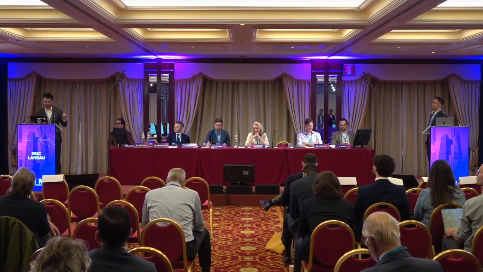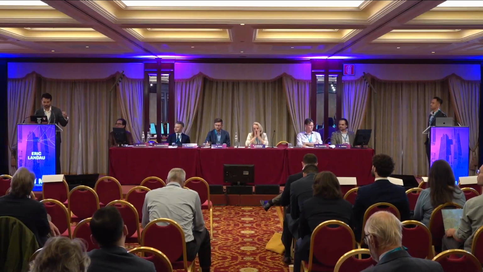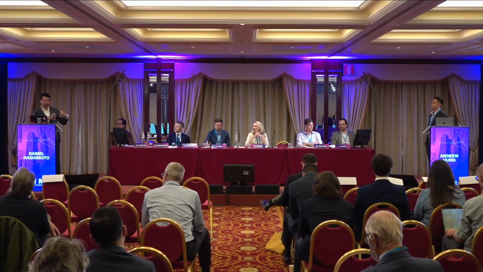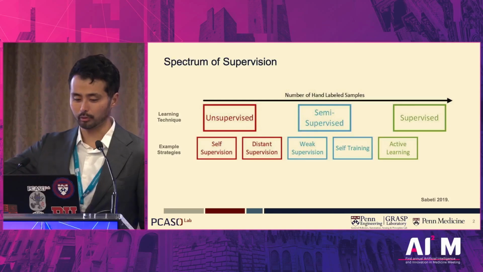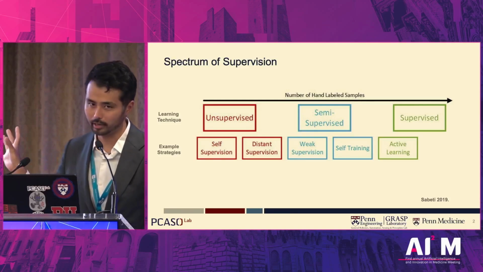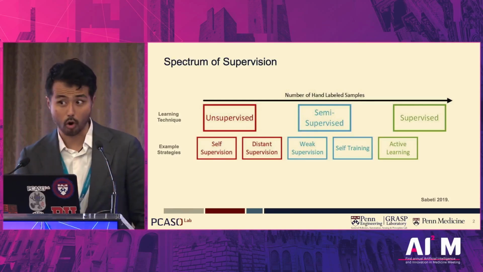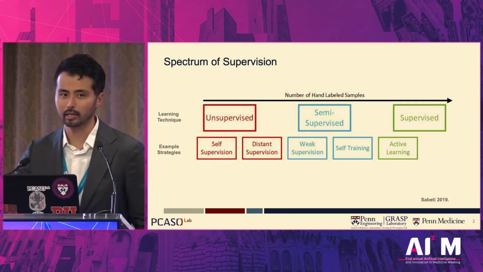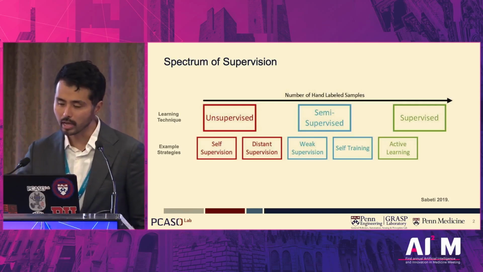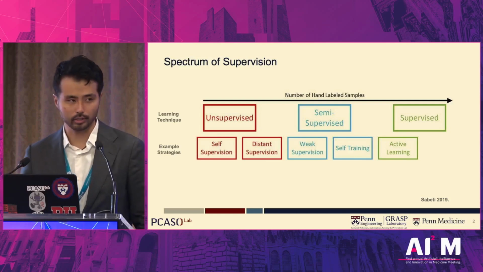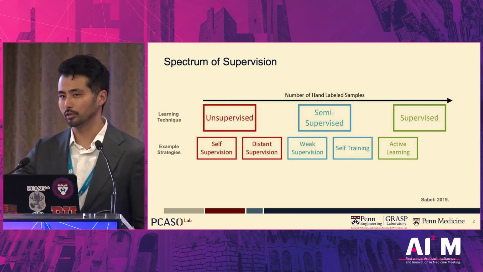This is a lot of fun, I think, to have a conversation around this topic. I'm going to cheat a little bit, and expand my range a little outside of unsupervised to take what I call unsupervised learning and friends. So if we think about the spectrum of how we train machine learning models, particularly with clinical data, you have a range of learning techniques going from truly unsupervised all the way to fully supervised, which we've seen some of the talks already go over, and how they achieve what they want to do. And within those learning strategies, you have certain example strategies, right?